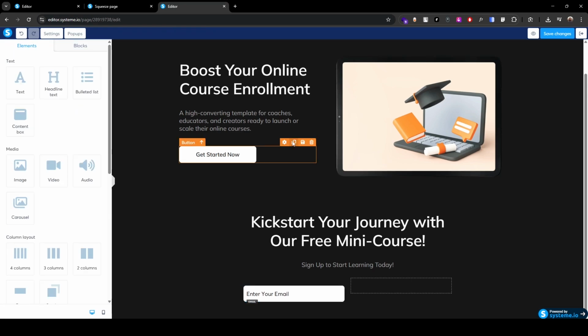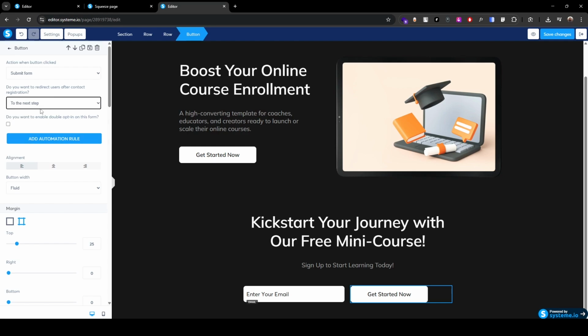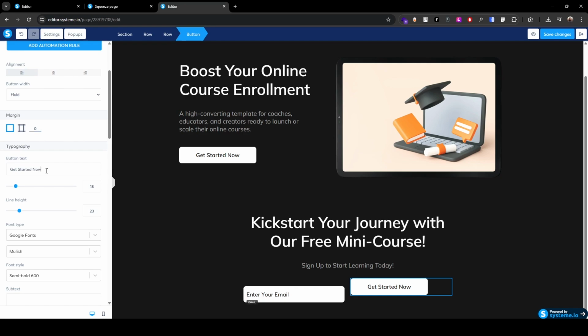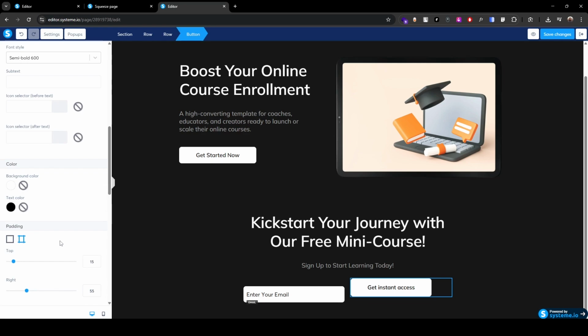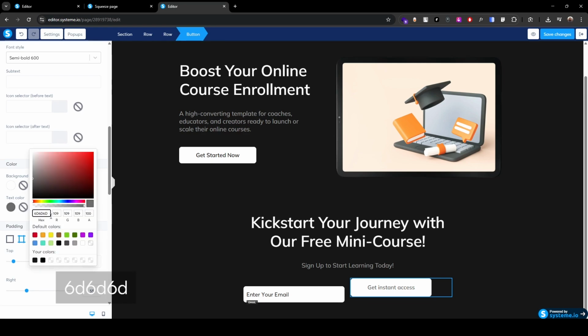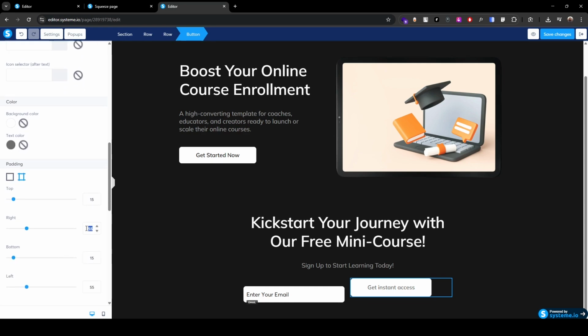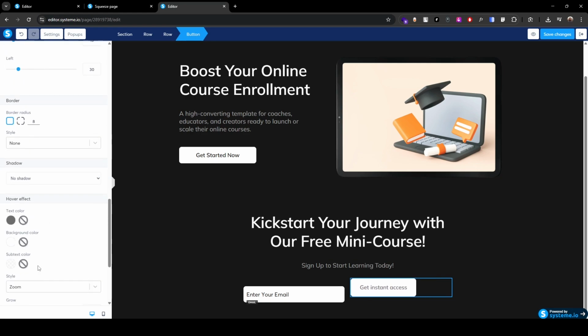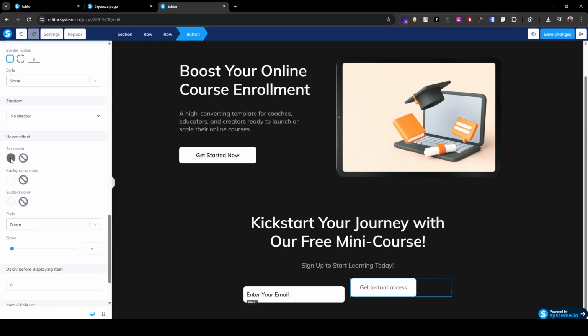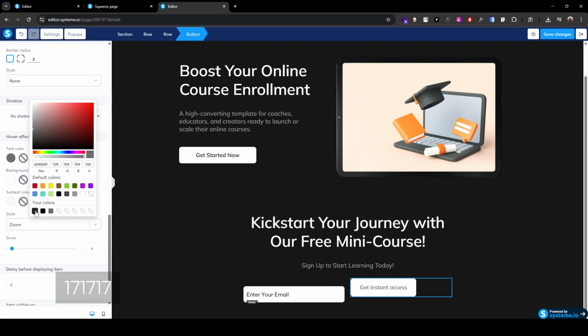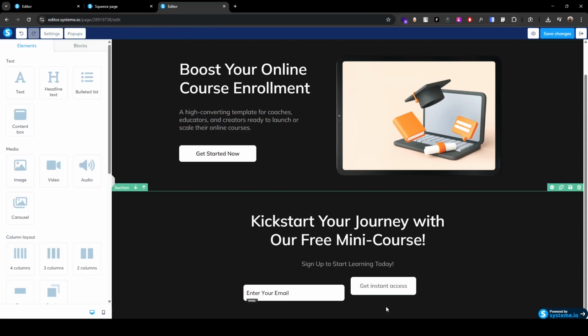Now let's copy this button and drop it here and make it no redirection. Remove the margin to 0 and change the text to get instant access. Increase the line height to 28 and change the text color to this color. Decrease the padding to 30 on the left and add some animation and hover effect, like change the text color to this color. Let's check. Yes,